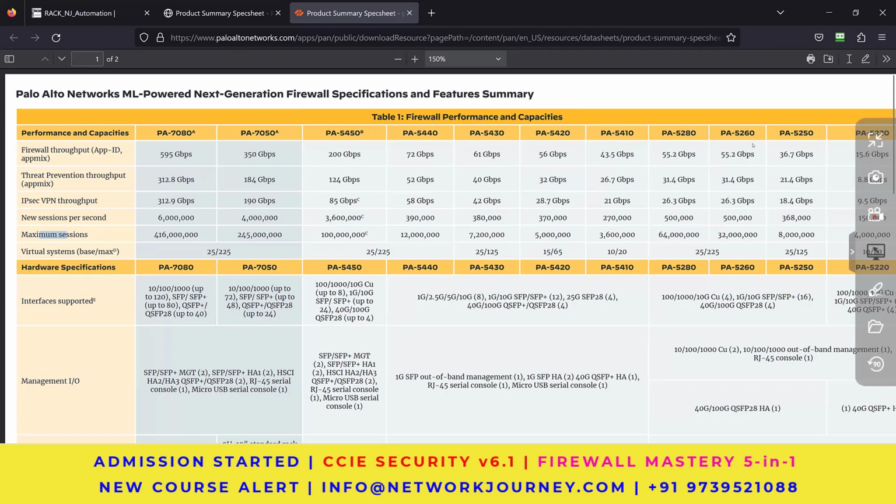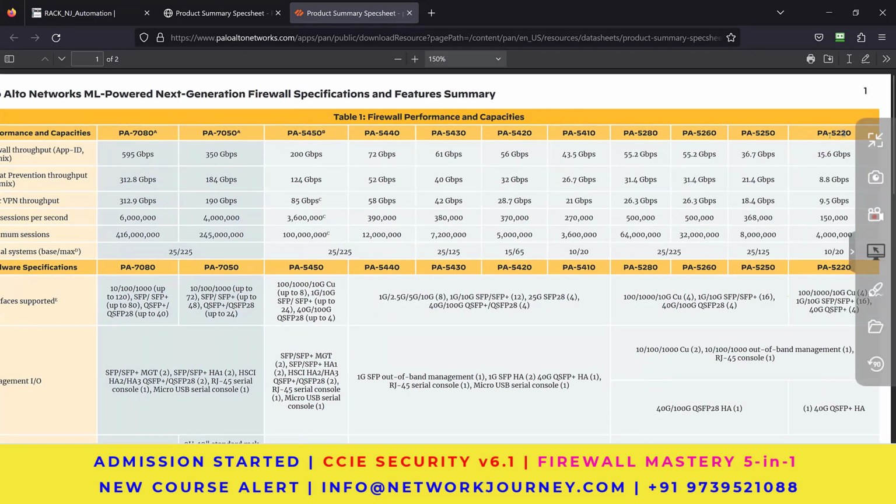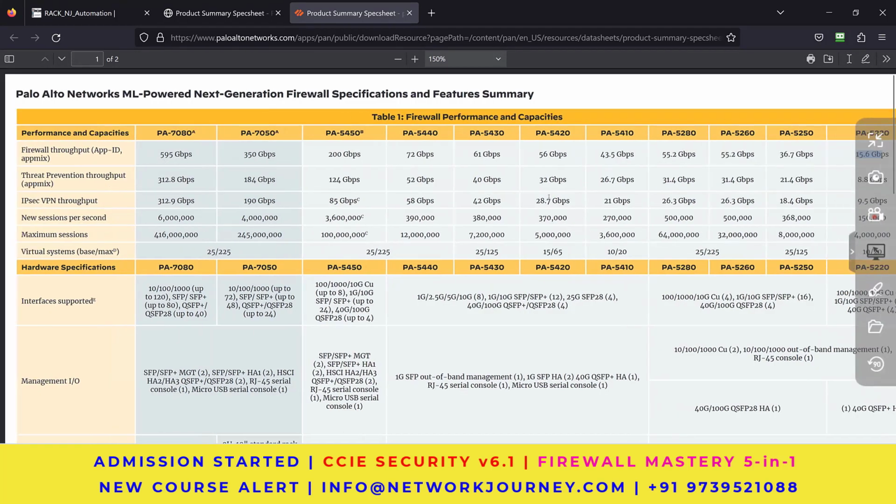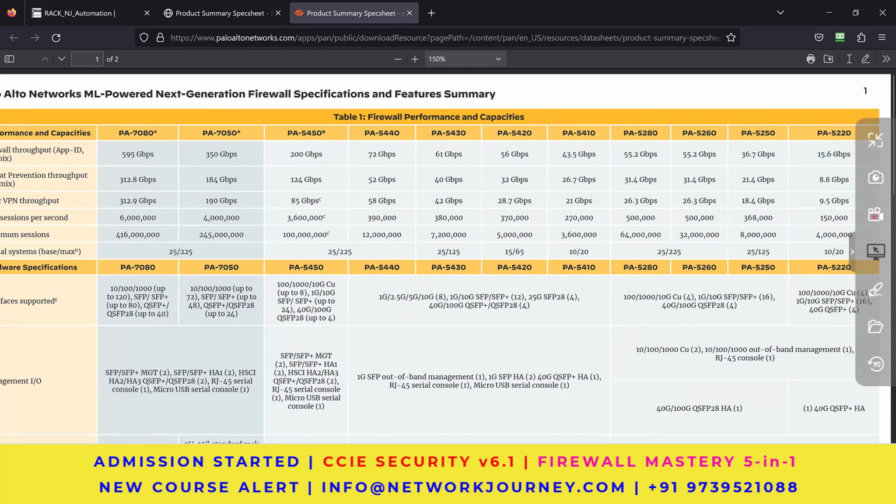So these are some factors which will be checked while you purchase these models. Starting with a very basic version, the 50 to 220 series till 7080 series, you can see there are a lot of ups and downs with respect to each factor. So you had something from 15 gigabits per second till 595 gigabits per second. Depending upon the hardware, the price will also increase. Might be this started with a very small price of 5,000 USD, and this will end up going to 85,000 USD. So a company who has a branch just opened in a certain region with 2 to 5